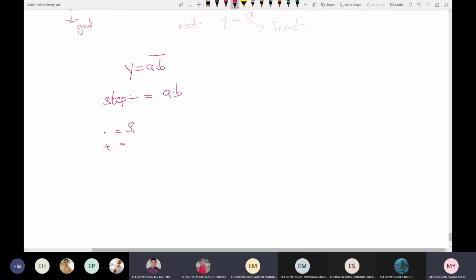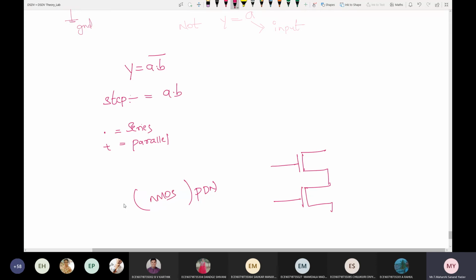Dot is series, plus is parallel. So A dot B means two NMOS are connected in series. Always start with the pull down network. The pull down network should have NMOS. Next, the complement of this will be in the above portion, which is the pull up network, which contains PMOS.